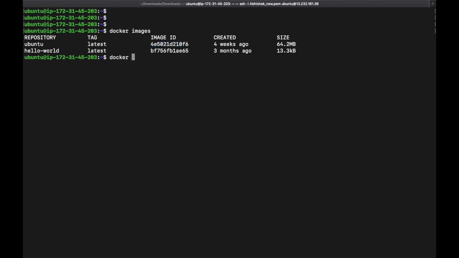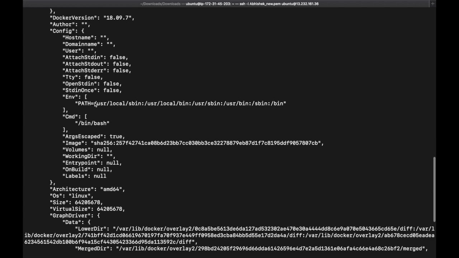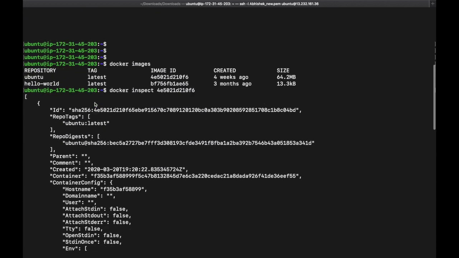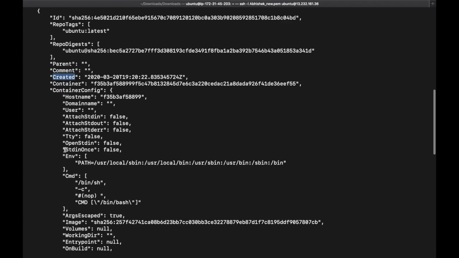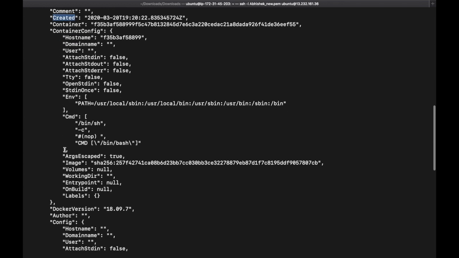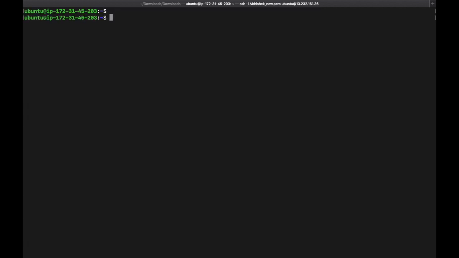The command is docker inspect and give the image ID or container ID. We are using it for the image, so let's paste here. We can see lots of information about the particular image: the version is Ubuntu, the parent is not defined here, the created date is here, and all other information we can see here. So let's clear this.